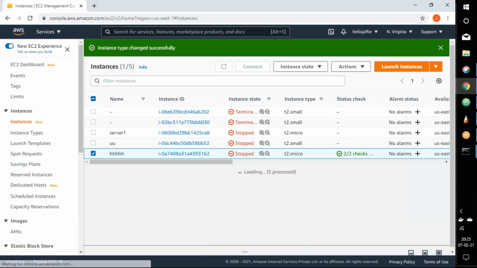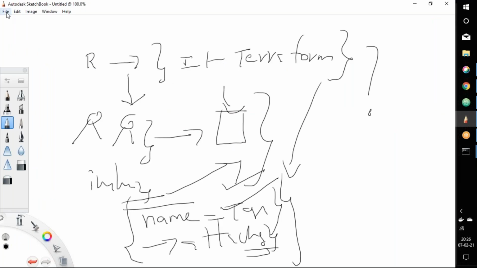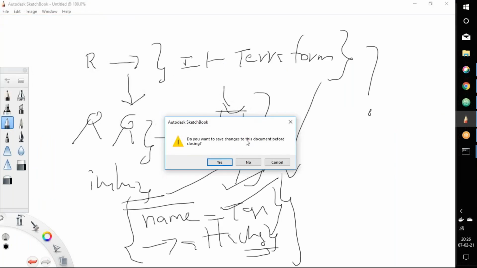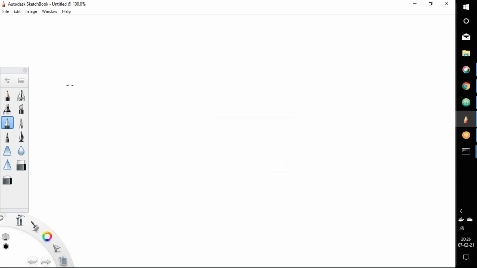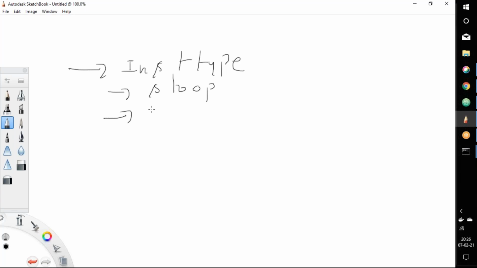Okay, how many changes have we made to this server? One, I have added some name there, and I have stopped the instance, and I have made the instance type T2 dot small. So we have made three changes to the server. The first change is the instance type, and initially the server was running and we have changed the server state to stopped, and as well we have given a name. We simply call it a tag on this server.